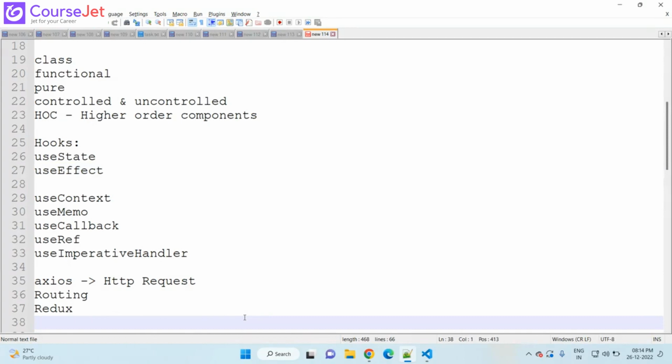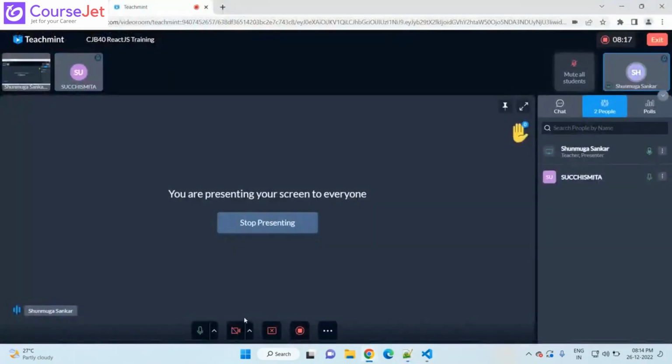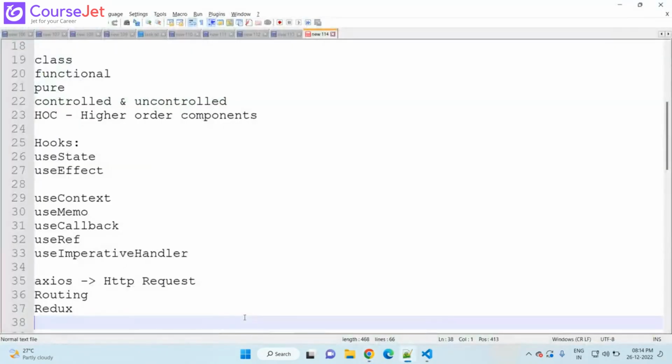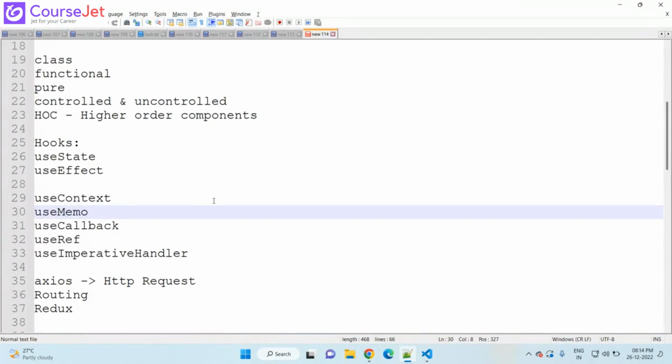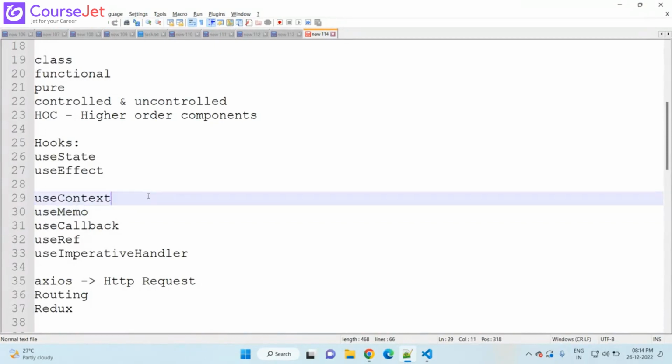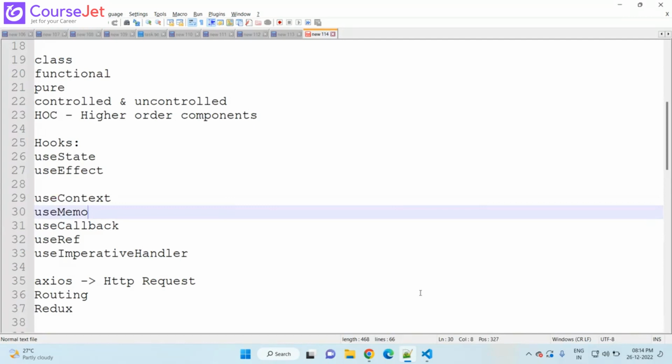So today we can see about useContext and useMemo. We can see about useContext and useMemo. First one, useContext we can cover today. So let us